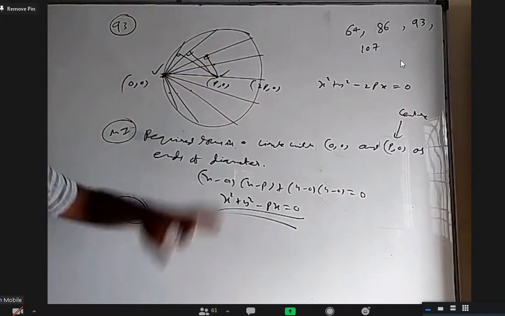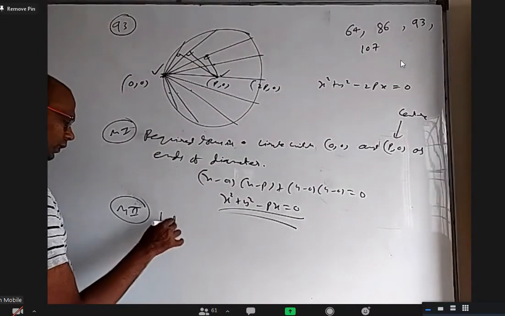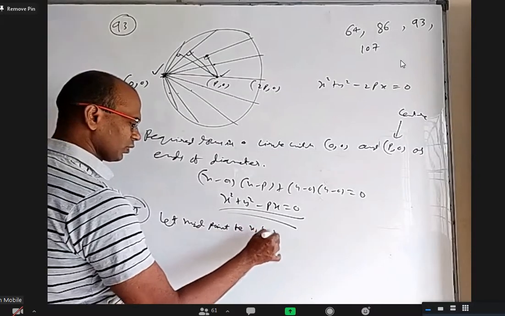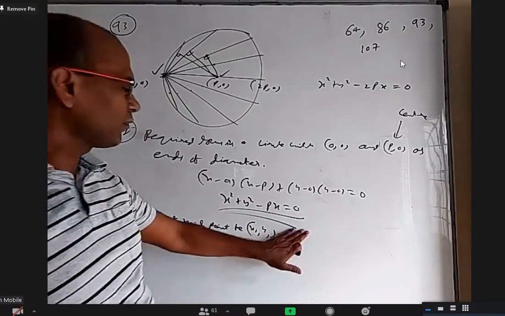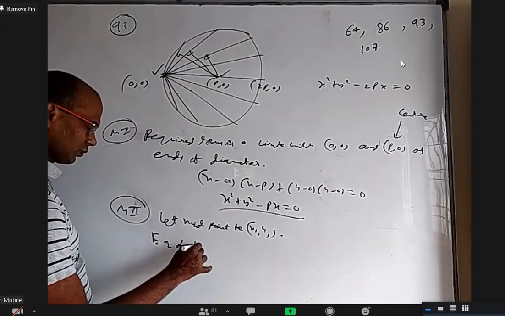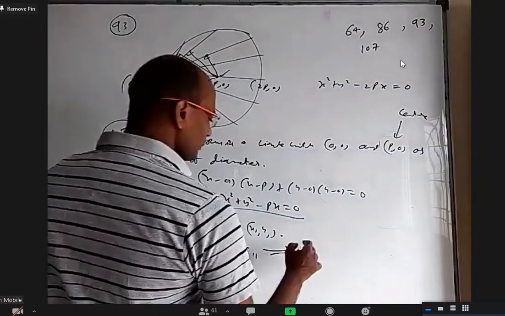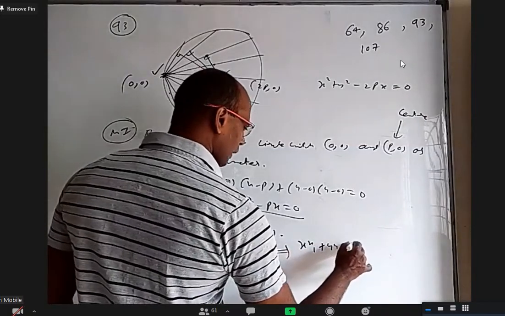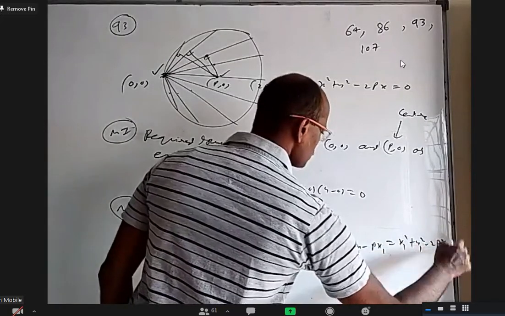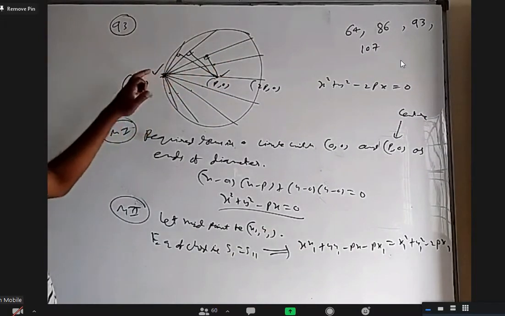You want the locus of midpoint, right? Any standard locus question, take that midpoint as x1 comma y1. Let midpoint be x1 comma y1 of the chord. If you have midpoint of the chord, how will you find the equation of the chord? S1 equal to S11. So equation of chord is S1 equal to S11. What is that? x x1 plus y y1 minus p(x plus x1) equal to x1 square plus y1 square minus 2px1. What it should do? I took midpoint as x1 y1, find the chord, but it should pass the origin now.